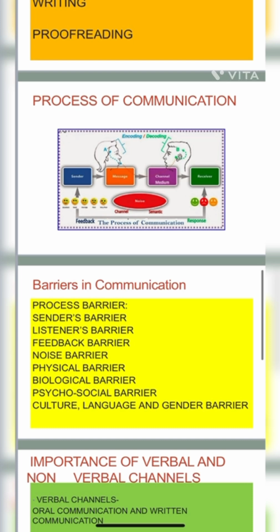Then of course, in this whole process, there are barriers of communication. First is your process barrier. Supposing there has been a problem from the end of the sender of the message, if the sender of the message has not been able to use the right words to send his message, then there is a process barrier where the